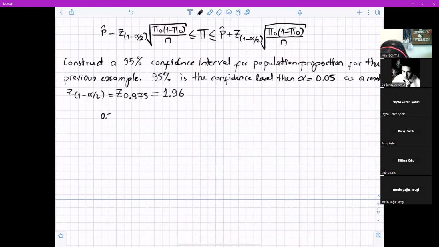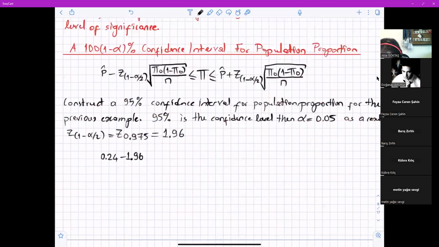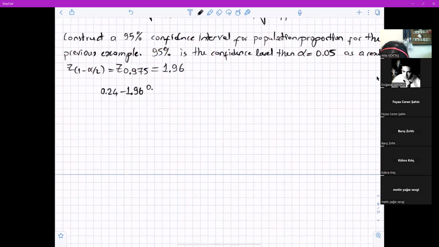We have calculated this as 0.24 minus 1.96 times the square root of 0.20 times 1 minus 0.20, divided by 250. I may copy this and just